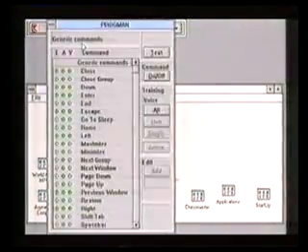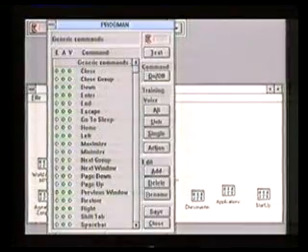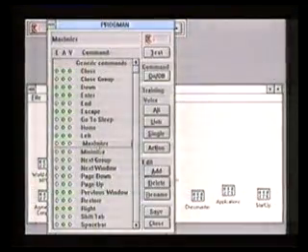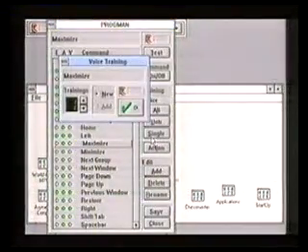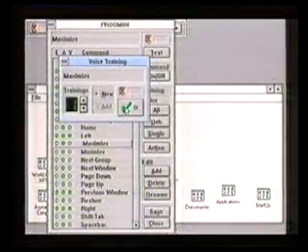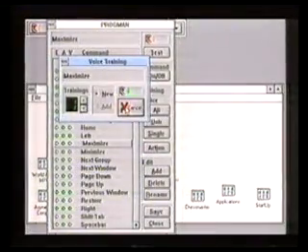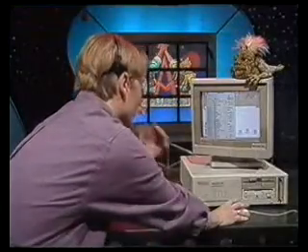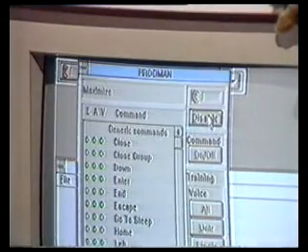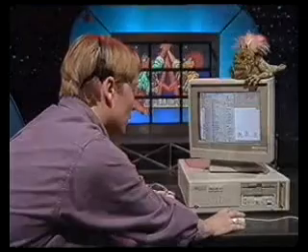You just go into training mode, and here are the commands that you'd want it to learn. So let's try maximise. We click on single, and then I click on OK and say the word, maximise. Now we can test to see if it recognises that. Maximise. And up it comes, which is terrific. We'd save that